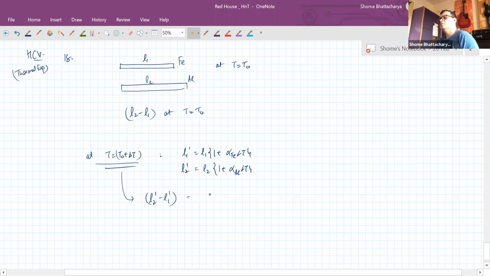So this should be the same, because difference is temperature independent. We get the relation that